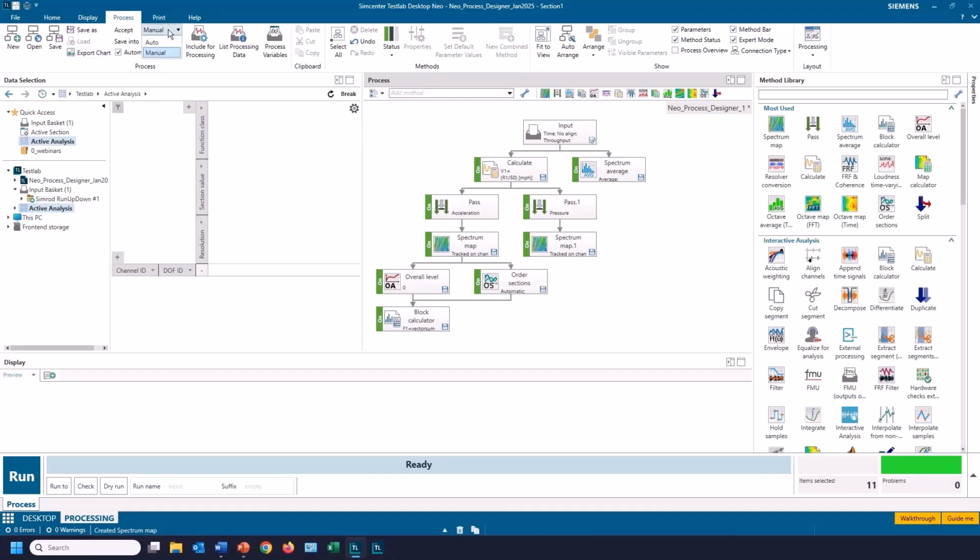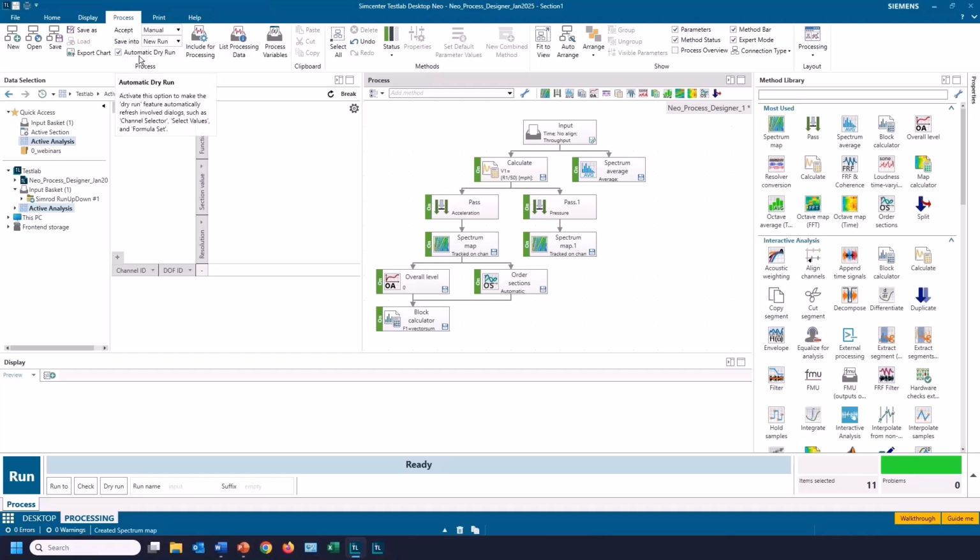I can accept, so I can auto accept my runs, or I can manually accept my runs. If I've collected the data and timed that acquisition, I can save the result into a new run or the input run. That only works if I don't have any process data already in the run. So that'll work exactly one time.